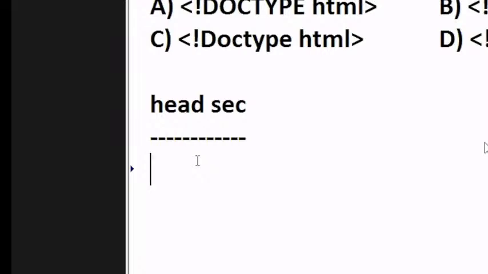First of all, I'm explaining the purpose of the head section. The head section generally contains the settings of the web page, not the web page designing. Web page related settings are available here. What is the meaning of settings? The best example is your mobile. Are settings available inside a mobile or not? We have a lot of settings. When you purchase a brand new mobile, the first time you switch it on